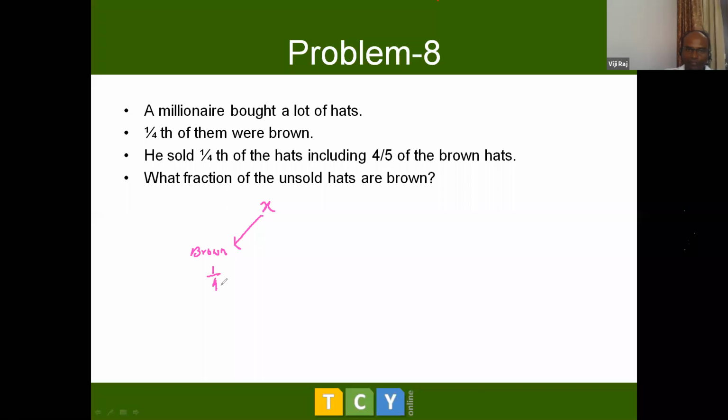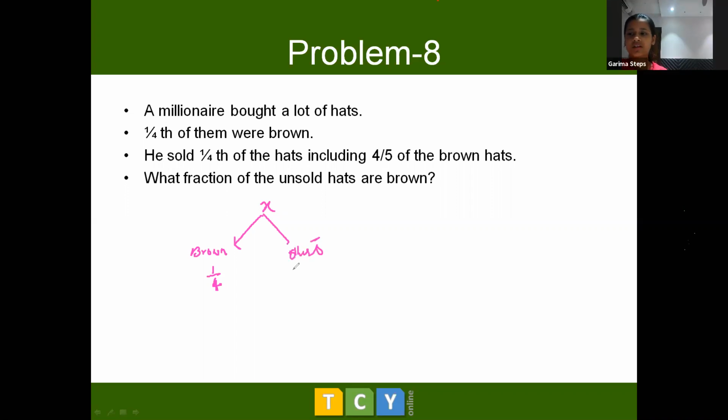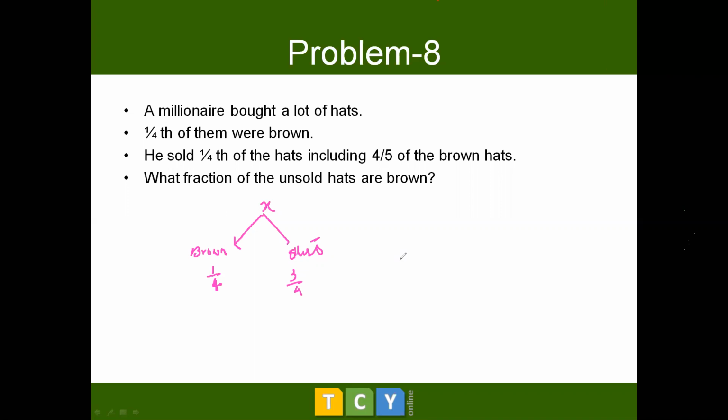So some of you have already found the answer to be 1/5. Let me check whether the answer is correct or not. Sir, I used a method that 5 minus 4/5 equals 1/5 because they are considering all the brown hats. Sir, I used the method of multiplying 1/4 hats into 4 by 5 hats, which gives 1/5. I also used the same method.